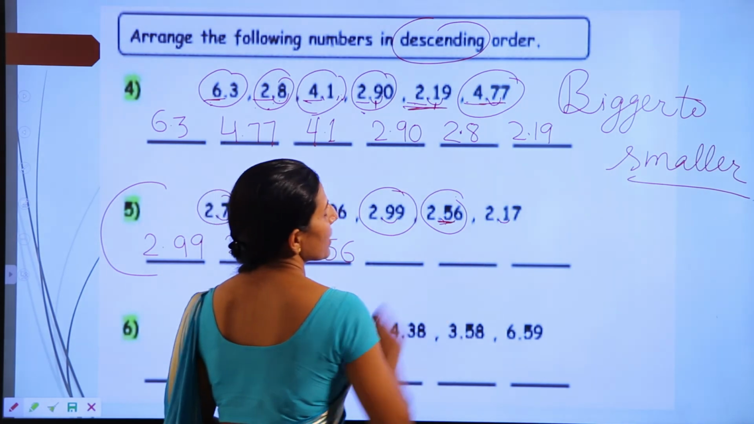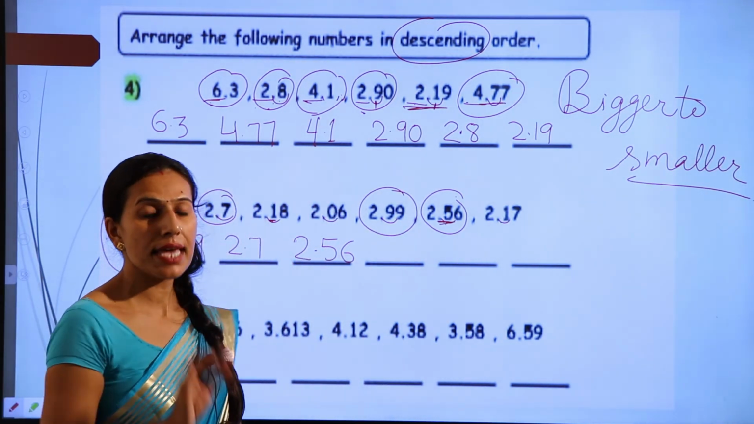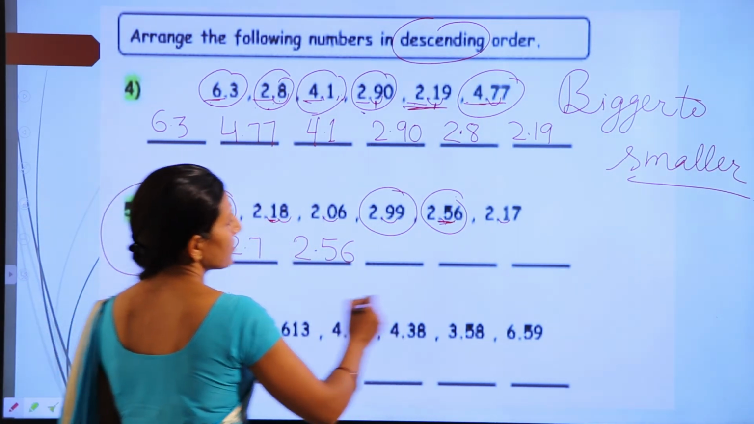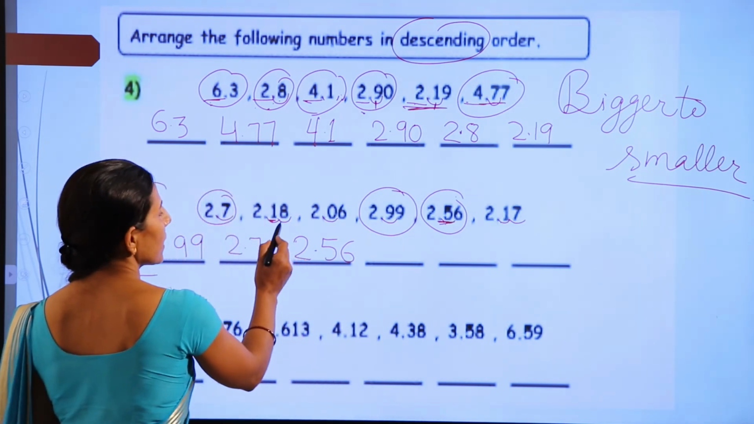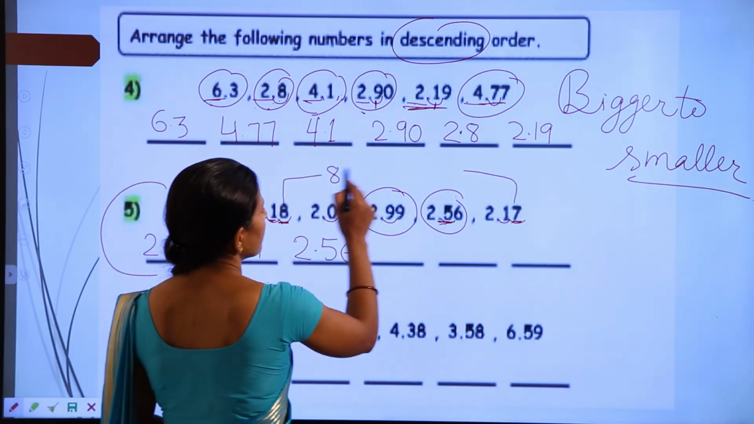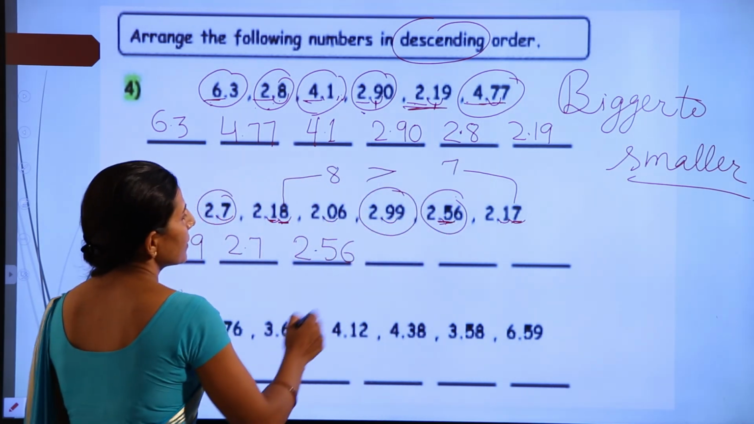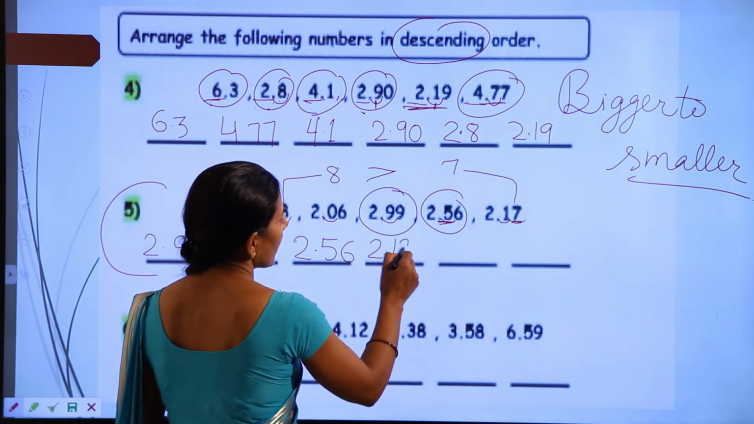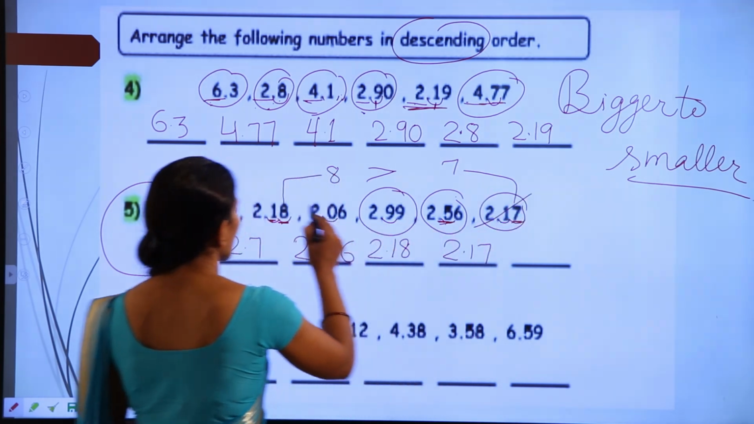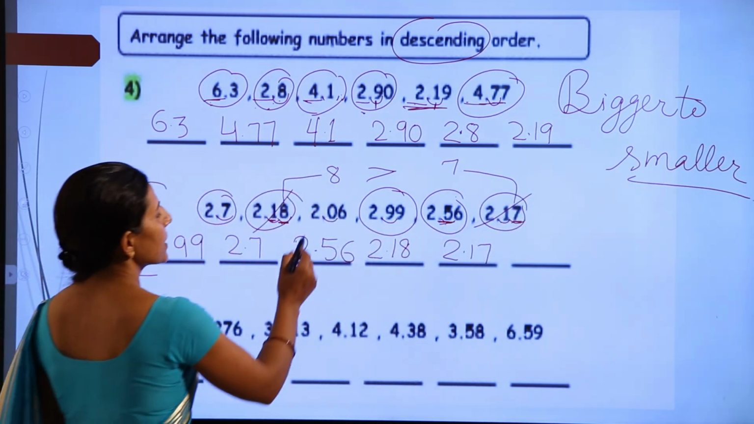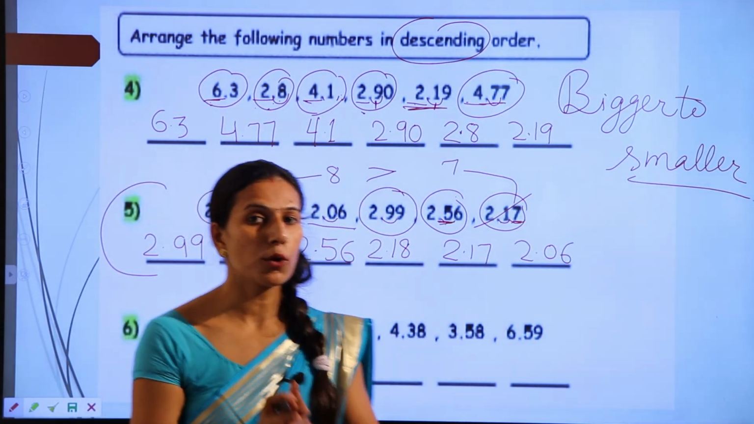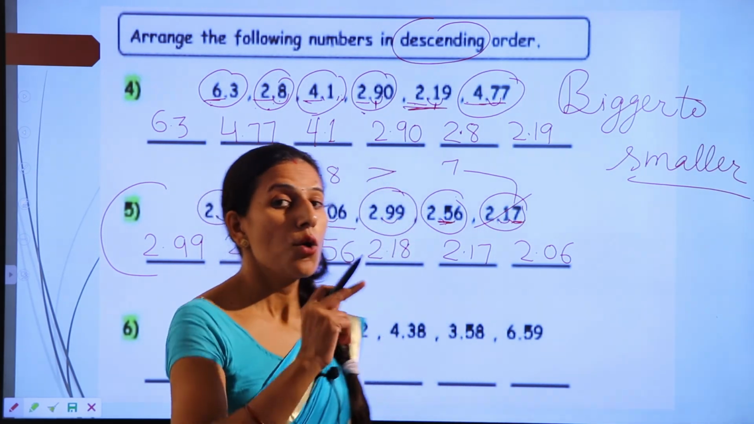Now the numbers left are 2.18 and 2.17. So the tens place is the same. So what do we do? We will check the next place, means hundredths place we will check. On the hundredths place here it is 8 and here it is 7. So which one is greater? 8 and 7. 8 is greater. So we write 2.18 and then 2.17. And the last number left is 2.06. Okay,